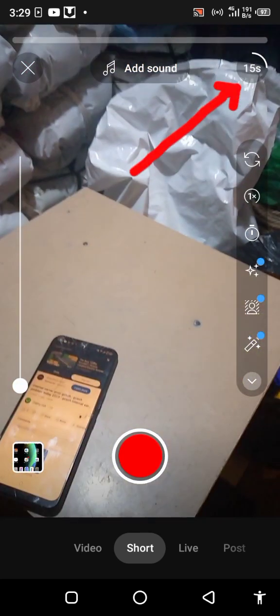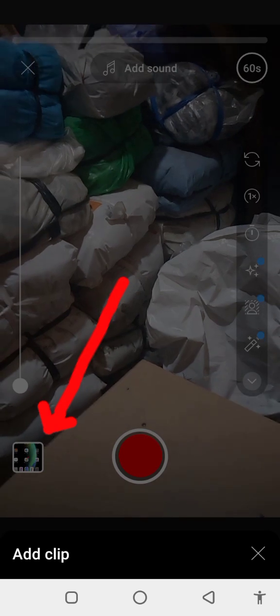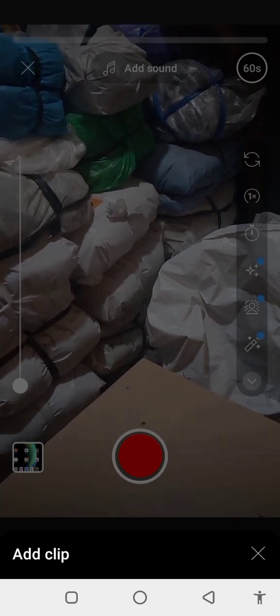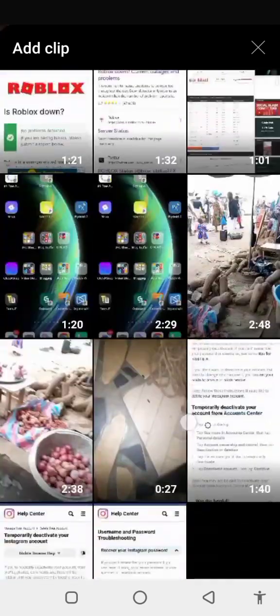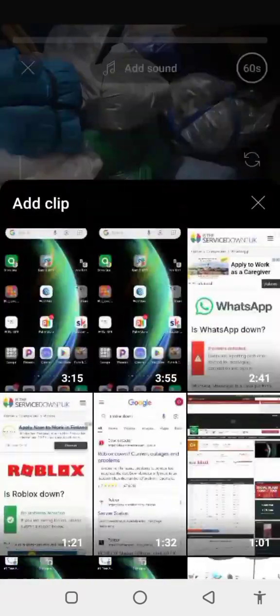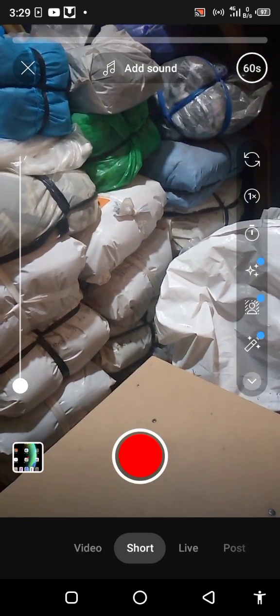shorts. So tap on the 15 seconds at the top right corner to choose 60 seconds, after which you tap on the video section over here to add a clip. Now scroll and choose any video that you want to upload. So tap on it like this. What you have to do next is to just